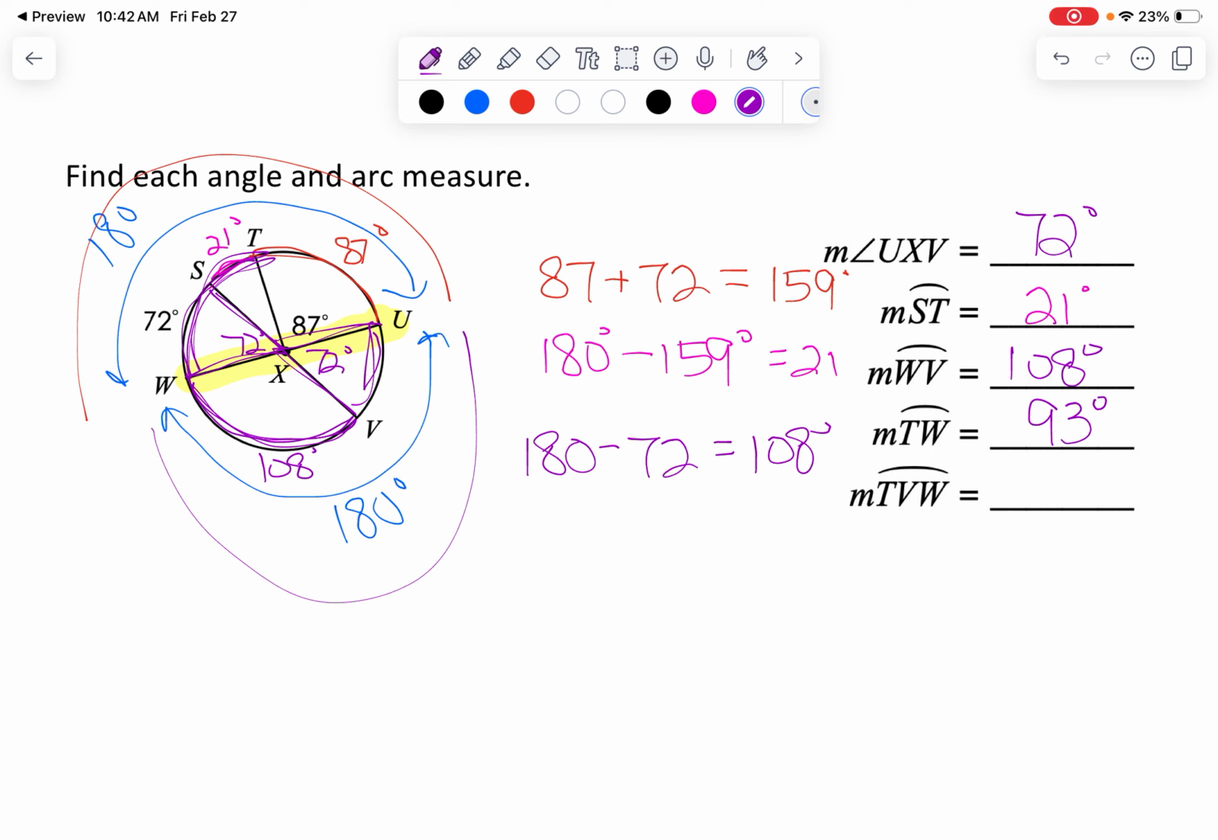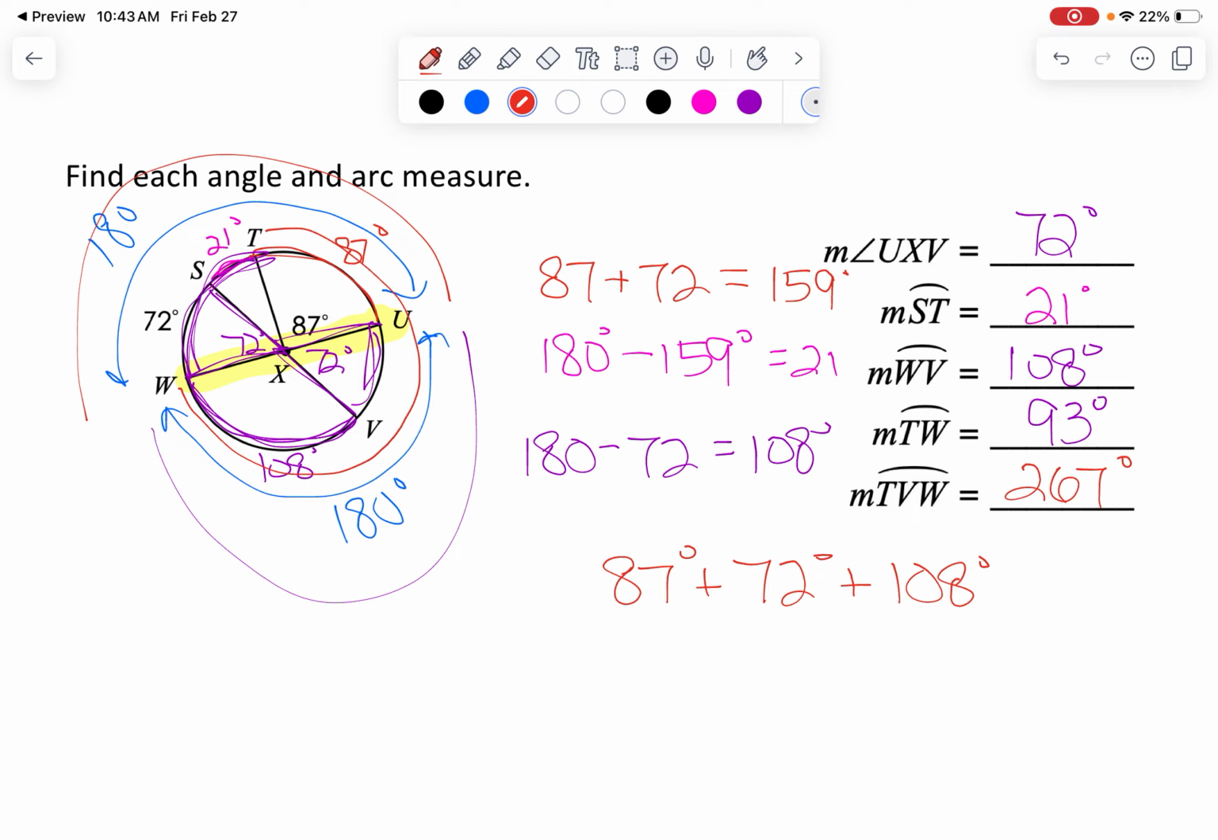Okay, so now what do I have left? I have a lot of stuff going on here, but I need to find major arc TVW. So that's from here all the way around. So it looks like I need to add up 87 degrees plus 72 plus 108. Okay, so that was 159 plus 108 would give me